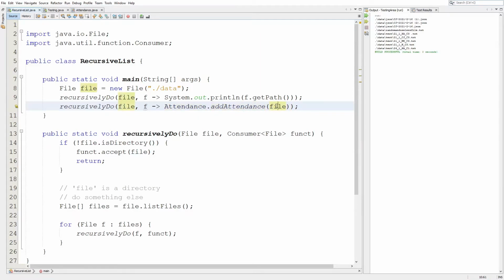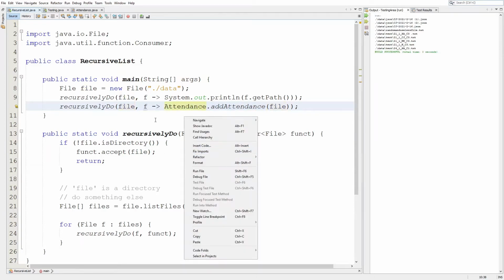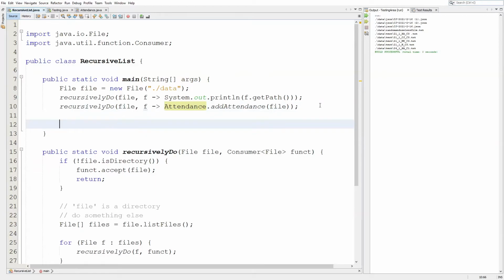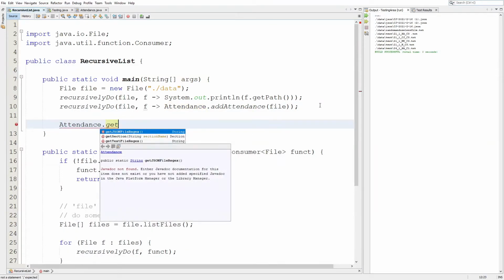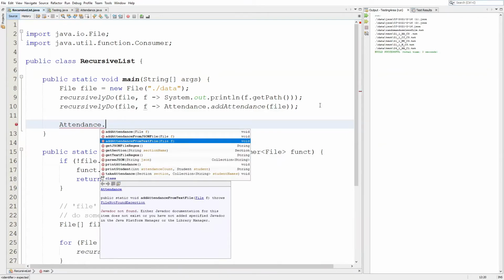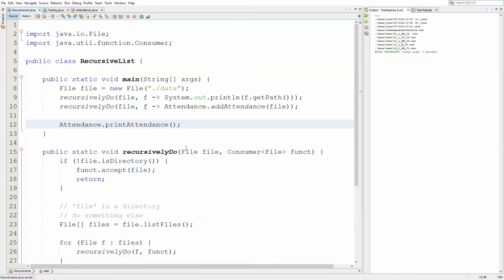Now it doesn't accept the directory, it just accepts either a JSON file or a text file, and it would just catch the error and print something if it's not the file that we want. So if we do this, then everything should work. And also there's attendance dot get, or wait, yeah, print attendance. So now if I run this,